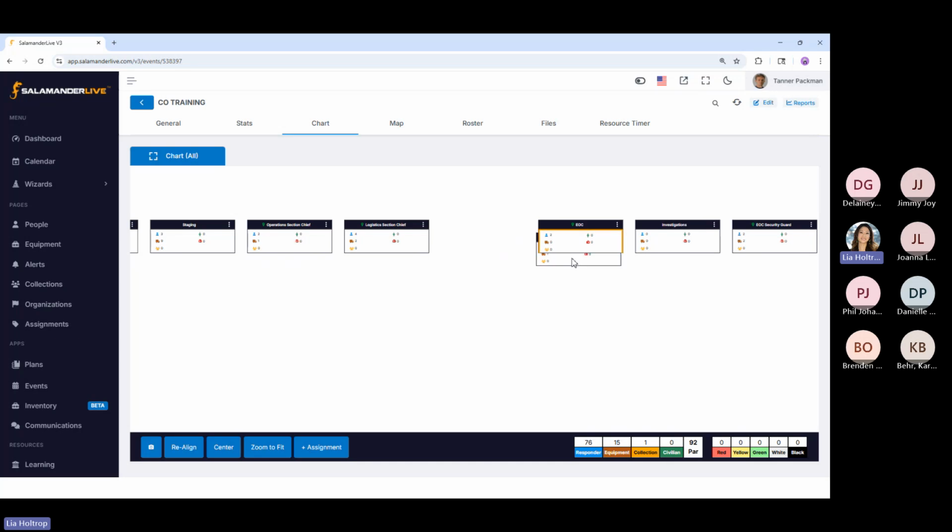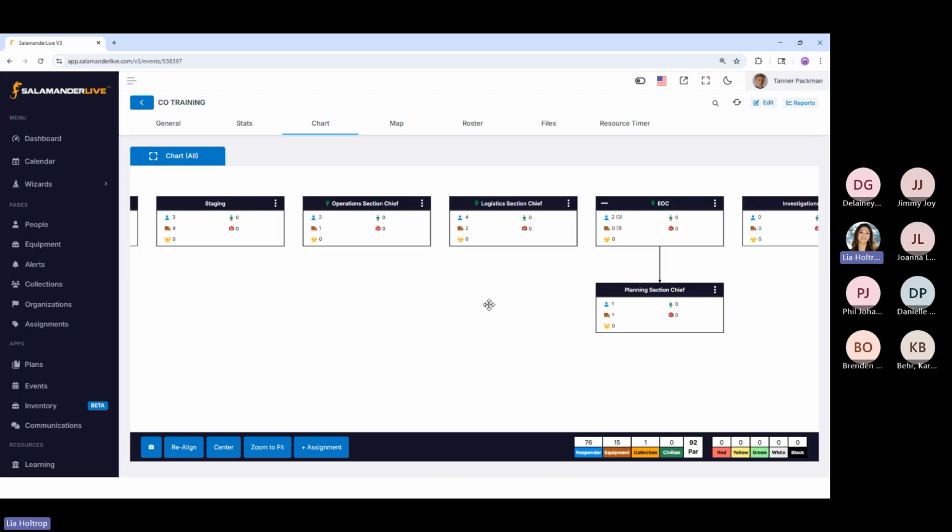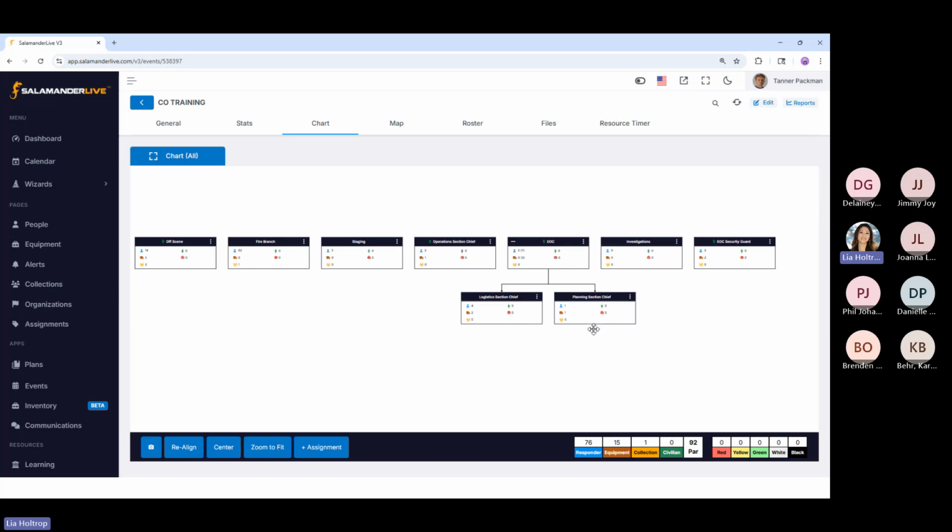So I'm just going to click, drag, and drop. You see that? Click, drag, and drop. You'll see that EOC has that orange outline around it. If I let go, it's going to create that reporting structure. So I'll zoom in again so that you can actually see that. So again, click, drag, and drop. You'll see it has the outline, let go, and it creates that reporting structure. So it's placing it underneath that assignment. So you just keep going,